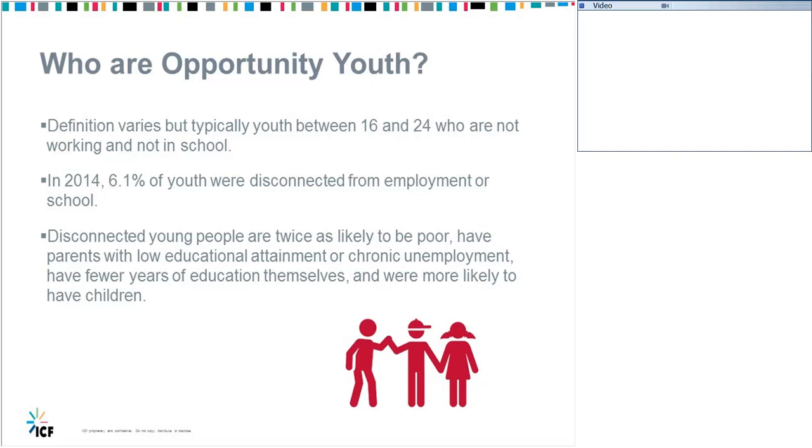So I'm starting to see some comments coming in, 18 to 24, right, so the same kind of age group. It's a significant portion of our youth. It's a significant portion of our young people who are not connected to either the workforce or to school. And unsurprisingly, they're more likely to be poor. They're more likely to come from families that have had these long-term systemic challenges with employment and education. They're less likely to have their own educational credentials reached, and they're more likely than their connected peers, excuse me, to have children of their own.